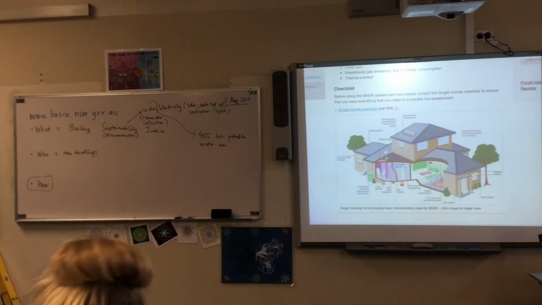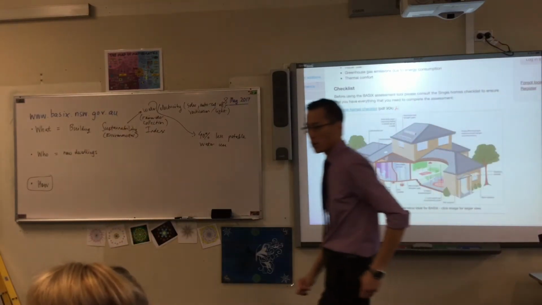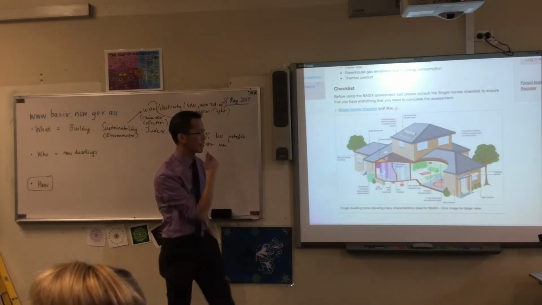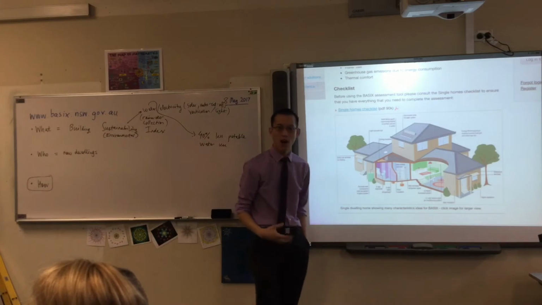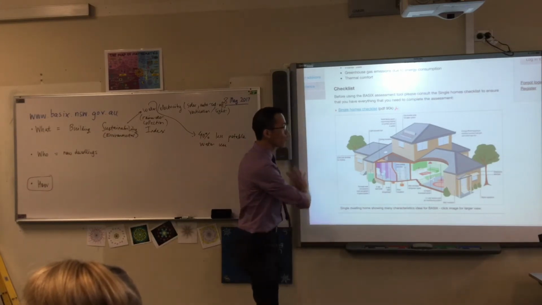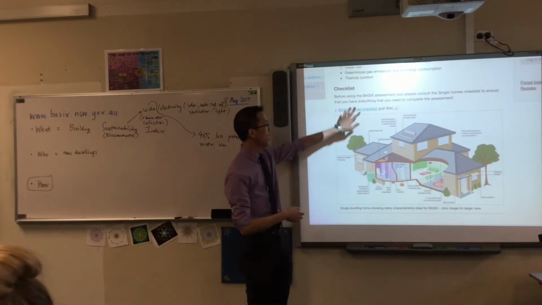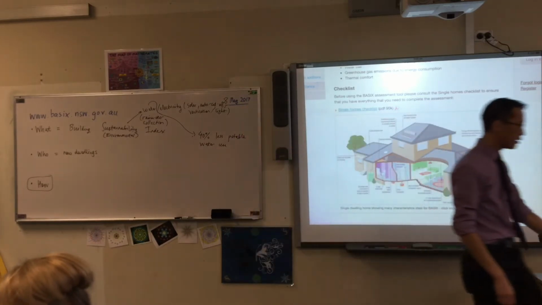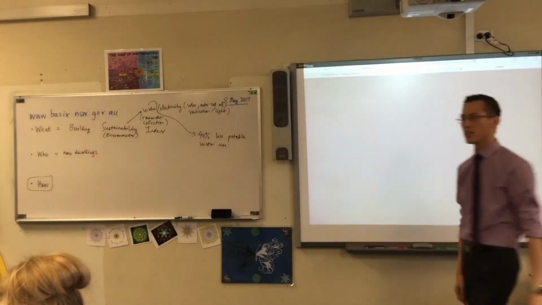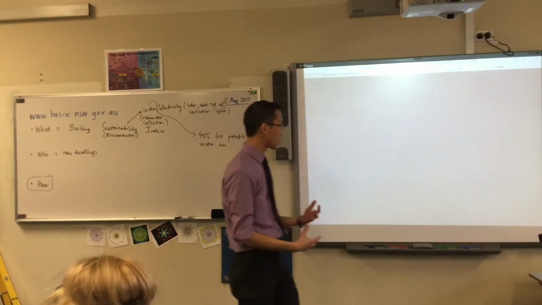Okay. Now, when you get there, what you'll find is this page. And this picture is really helpful, actually. It gives you a really good sense of, in a normal house, what kinds of things am I looking for? With this on the side, what I would advise is you have a look at this checklist, click it now, and if you're like me, then the first thing that you'll experience is you just get sort of overwhelmed